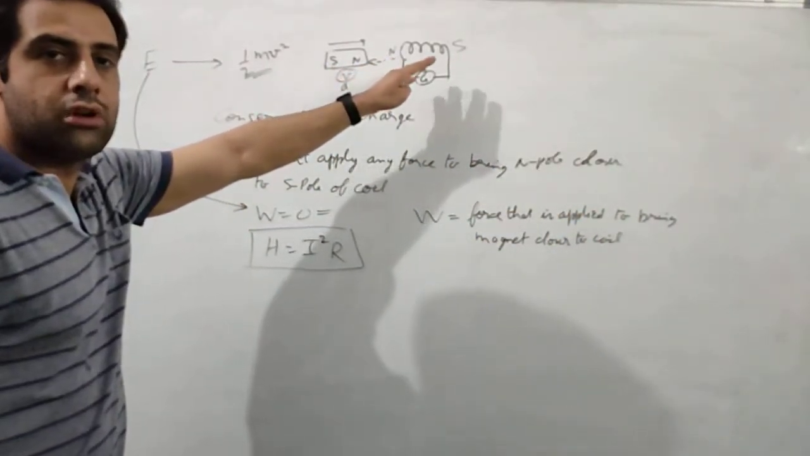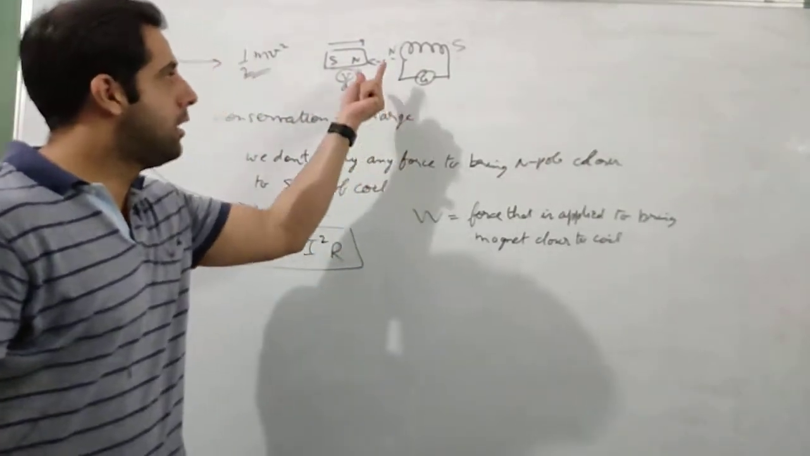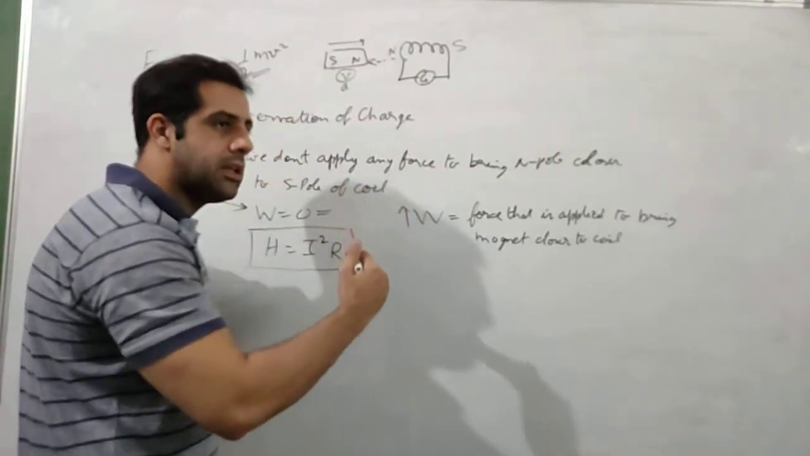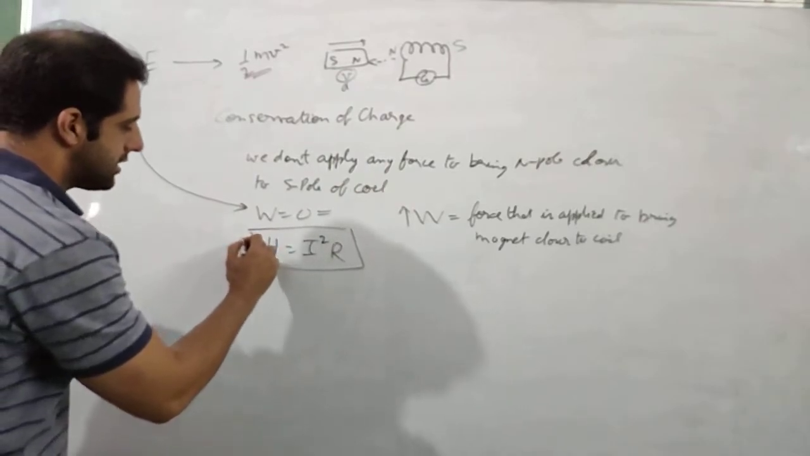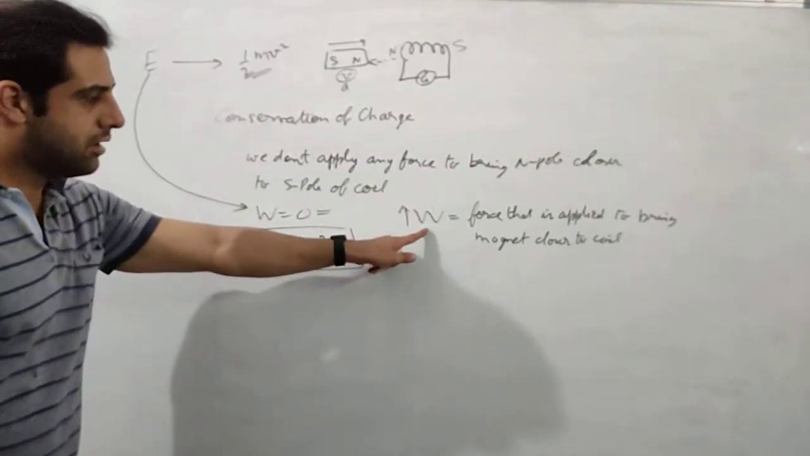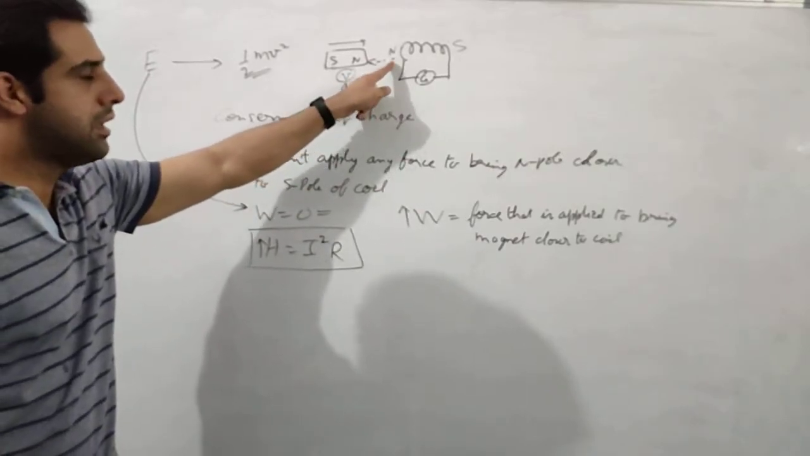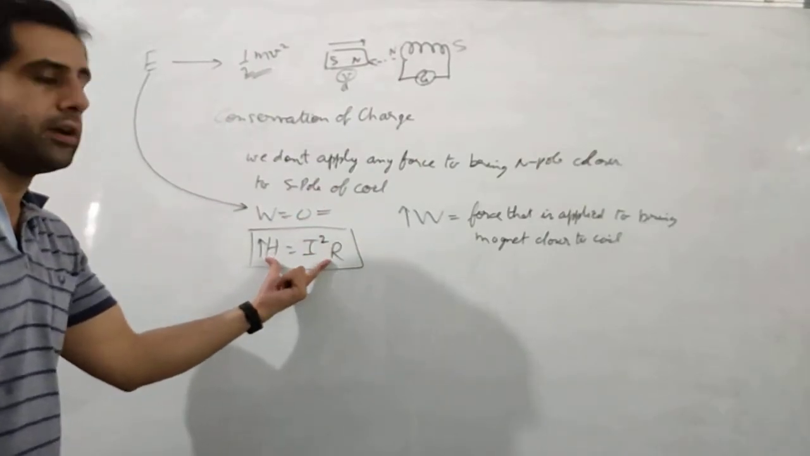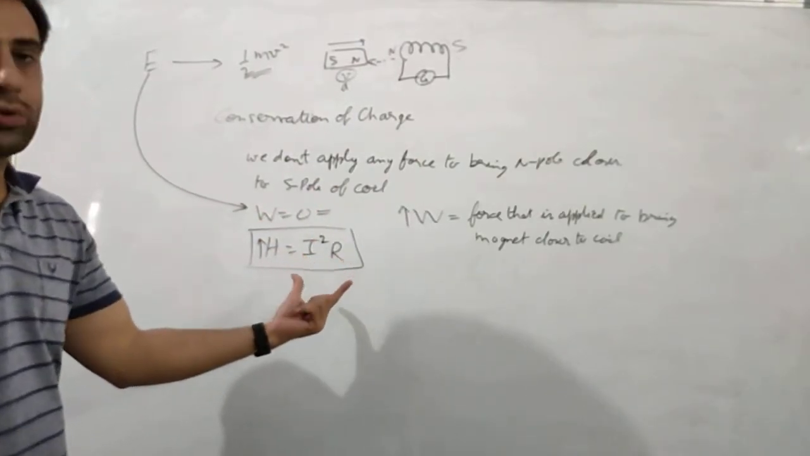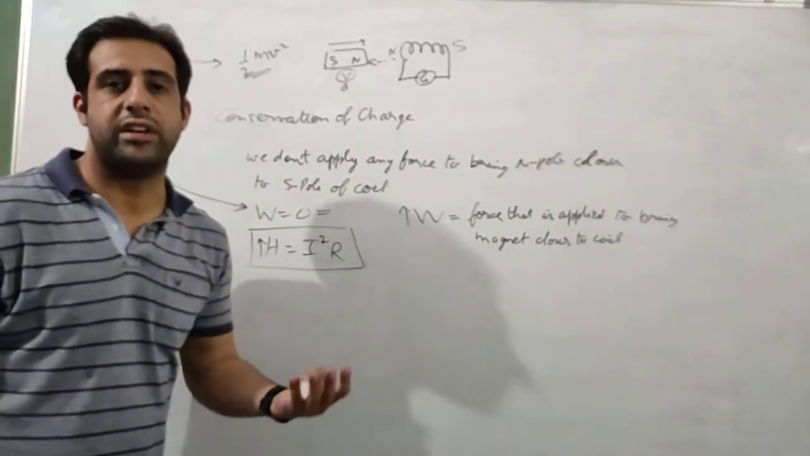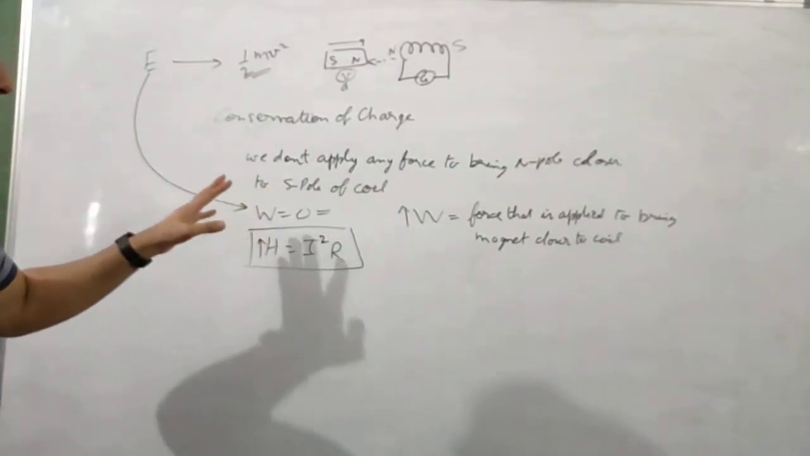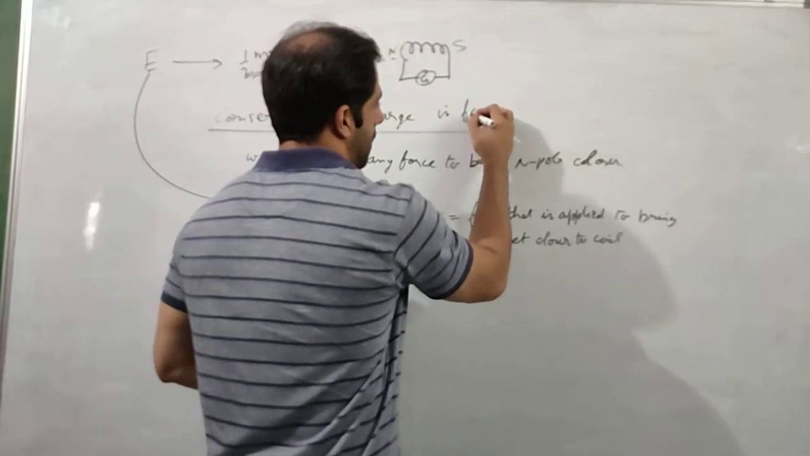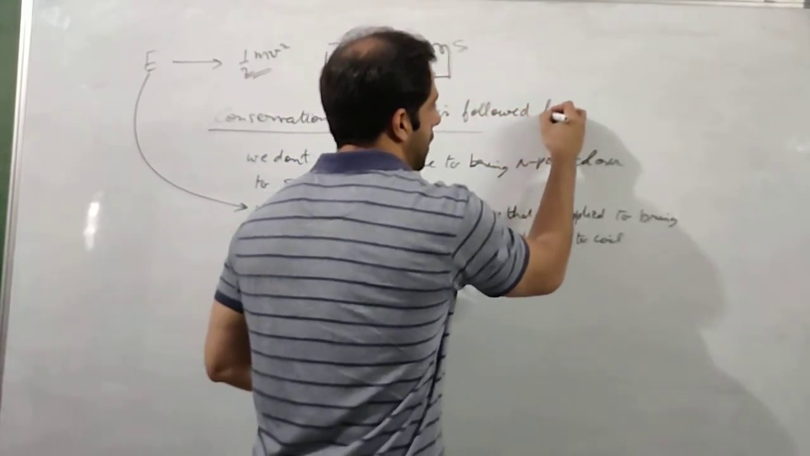The closer we get to the coil, the more work we have to do, because the repulsion will be increasing. So the work done will keep on increasing, and this increasing work done will be converted into heat energy. As we move closer, the repulsion is increasing, which means we have to do more work. That means more and more energy will be converted into heat energy, following the relation H equals I square R, and the law of conservation of energy will be satisfied. So from this discussion we can say that Lenz law follows the conservation